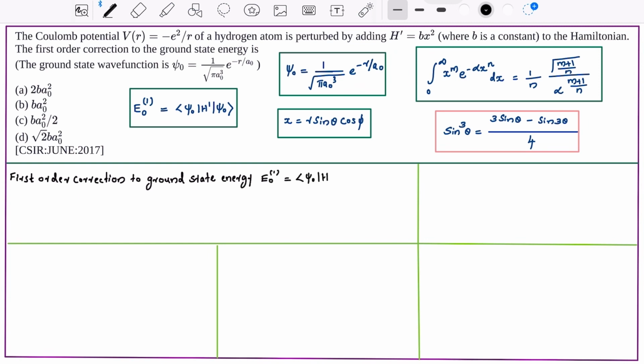The ground state wave function psi 0 is given. Now we know that the first order correction to the ground state energy E01 is nothing but <psi 0|H'|psi 0>, where H' is the perturbation, here it is Bx², and psi 0 is the ground state wave function given by 1 by root of pi a0 cube e raised to minus r by a0. Now in integral form, this E01 can be represented as